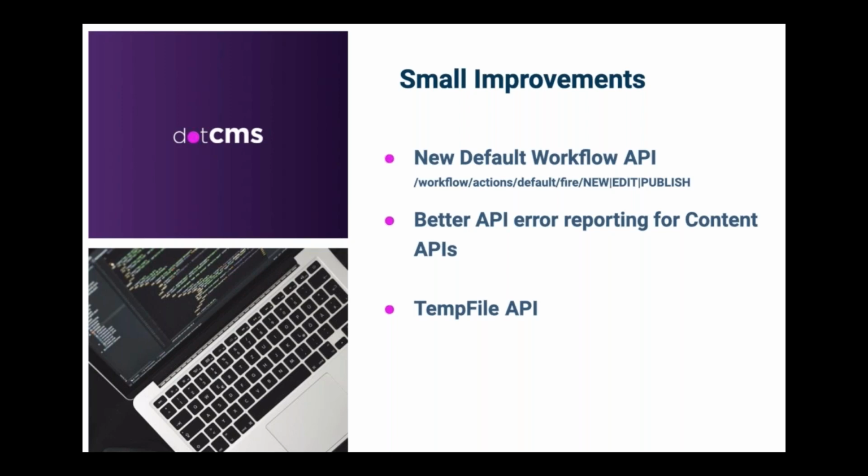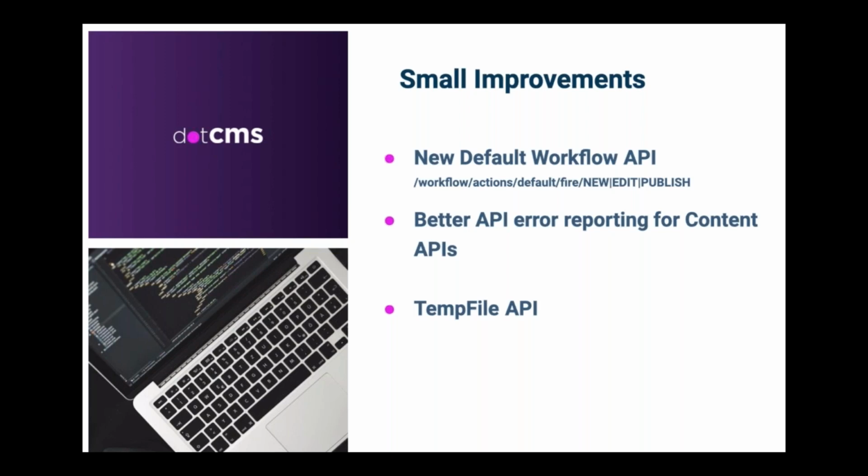So new content will get pushed through the new workflow, or published content will automatically get pushed through a publish workflow. If that workflow action doesn't exist, then it will go ahead and do it on a best efforts basis, try to publish or persist the content based upon what it knows. So it's kind of a heuristic mechanism that decides what to do with the content as best possible.